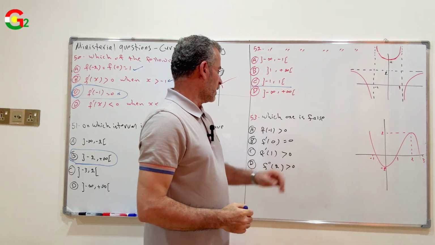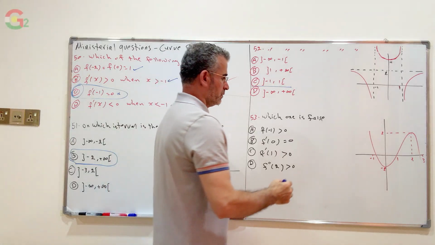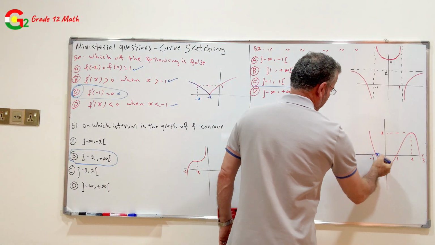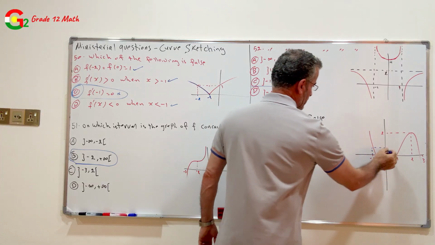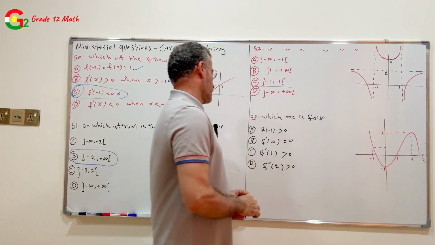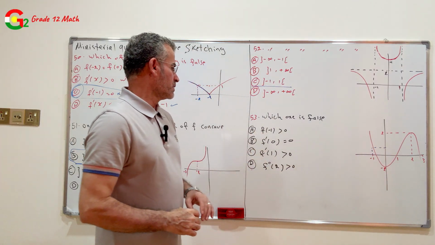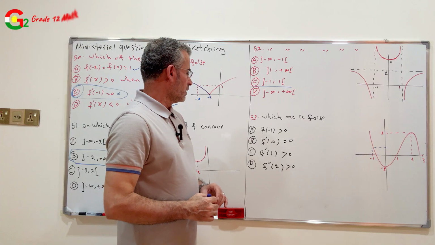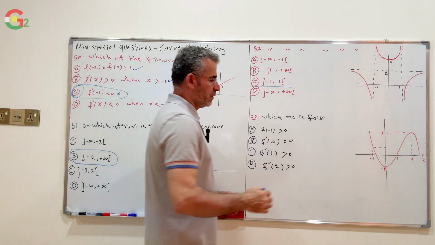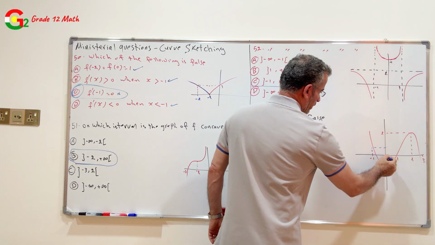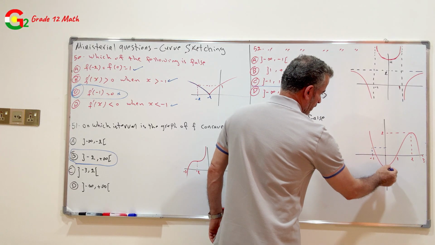F of -1 greater than 0. F of -1 is a positive value, as we see here. So this choice is true. F prime of 0 equals 0. This is 0. And f of 0 is